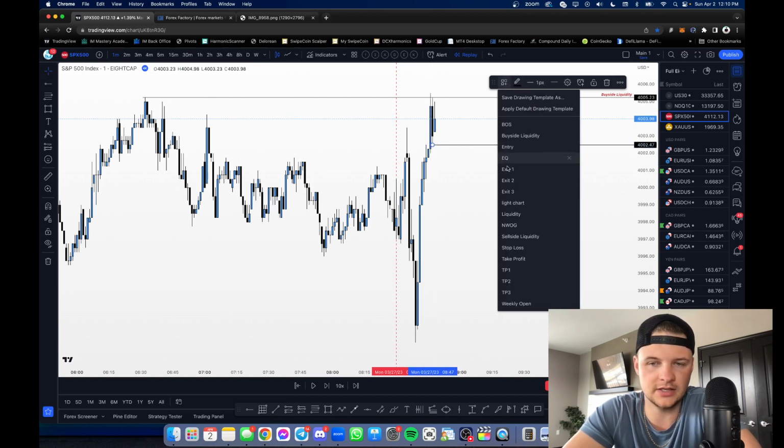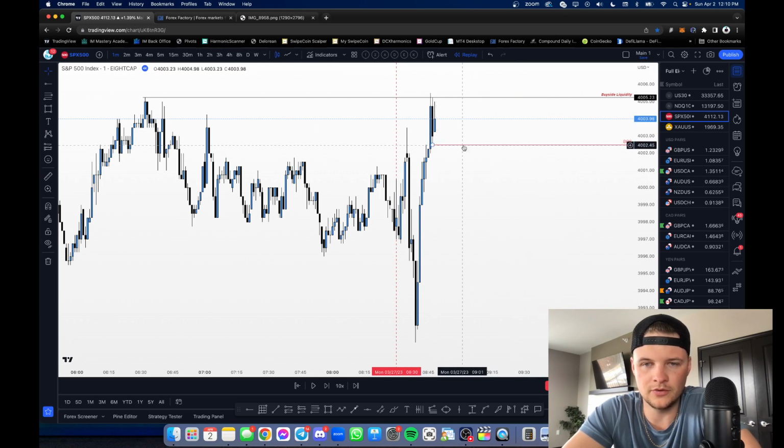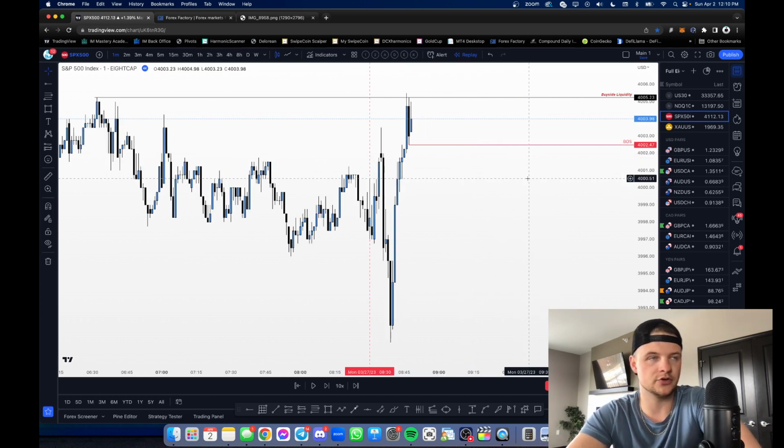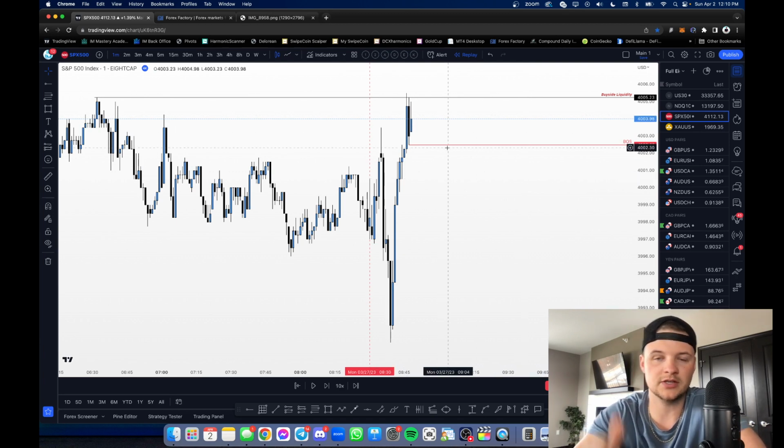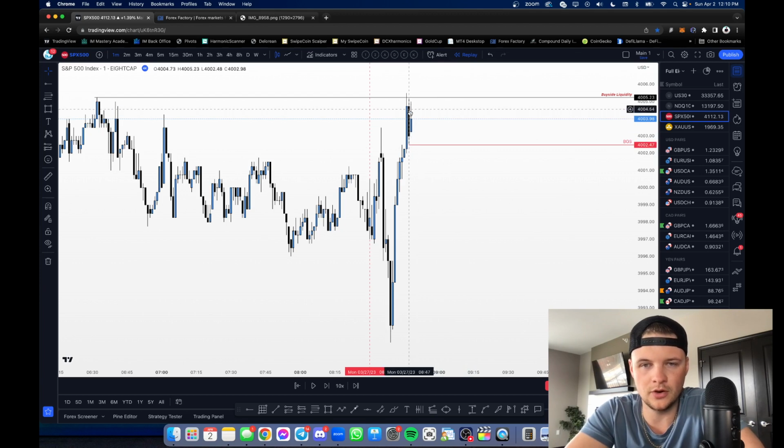So we got the sweep of buy side liquidity, and you would have been tracking this low for your break of structure. And if you guys are new to the strategy or new to the content, basically when you're waiting for a break of structure, all that means on the 1 minute chart is we want to see a sweep of buy side or sell side liquidity, so a high or a low get taken, and then we're waiting for a break of structure, which just means a low in this example gets put in, right? Because we got a down close candle followed by an up close candle.